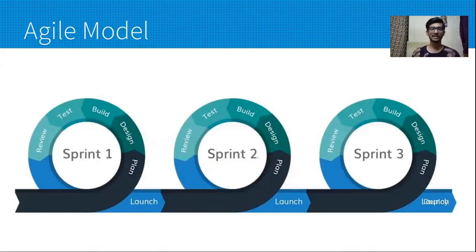Actually, it has the same phases as the waterfall model, but it eliminates one serious disadvantage of the waterfall model. What is that disadvantage? In the waterfall model, once the requirement has been completely frozen in the development or testing phase, a requirement cannot be added into the software. That is one serious disadvantage. Here, after a sprint, when a new requirement comes to the developers or testers, they can add it to the next sprint. At the end of the first sprint, the working software would always be delivered to the customer after the end of each sprint.